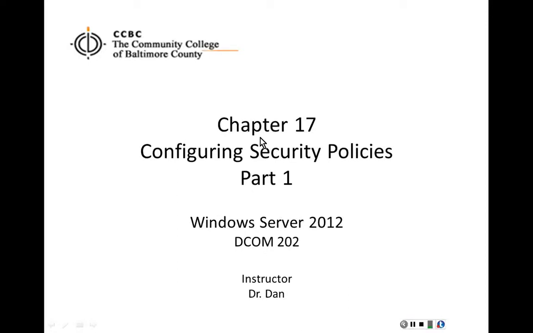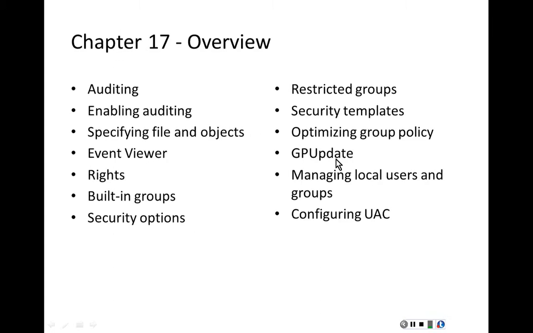Let's get started on Chapter 17, Configuring Security Policies. In this chapter, we will discuss auditing, enabling auditing, and specifying what files and objects will be audited. We will look at Event Viewer, rights, built-in groups, and configuring security options. We will look at restricted groups, security templates, optimizing group policy, GP update, managing local users and groups, and configuring